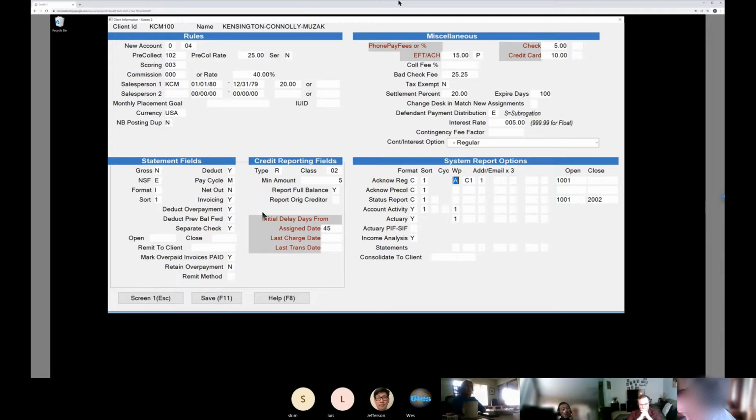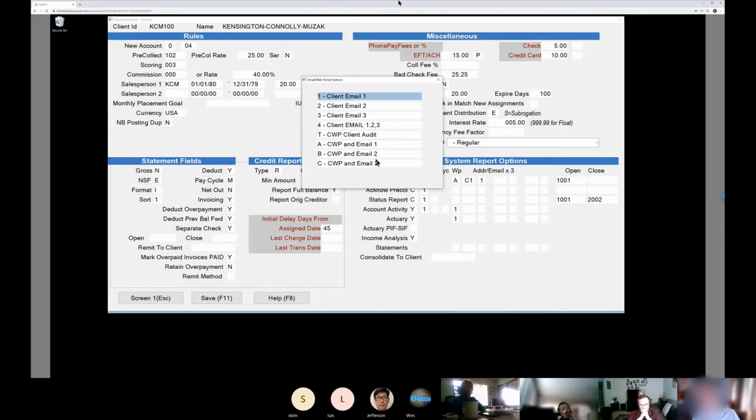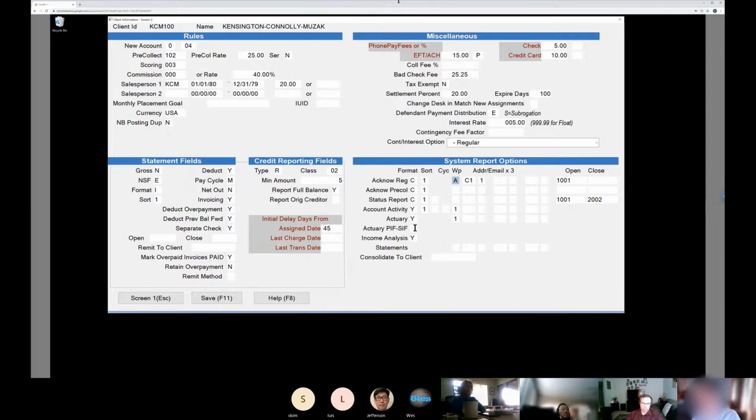So those don't reference the web portal though, right? The first one does, only the first one. So you're going to use that field for web portal and main client email if you want to. And then these are just additional emails. Okay. And then one other enhancement to Client Master in 2211 is the new business posting duplicate field,